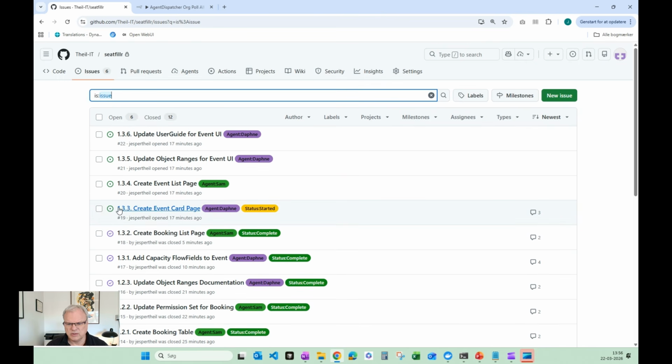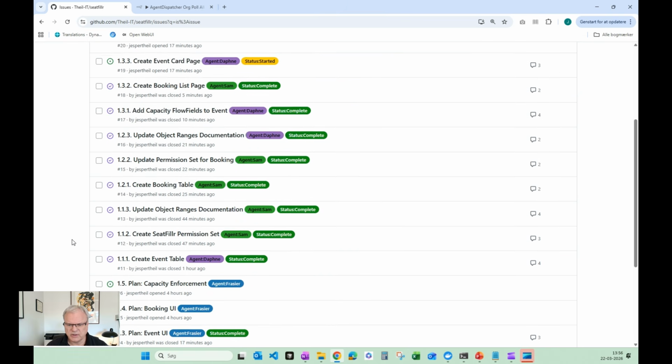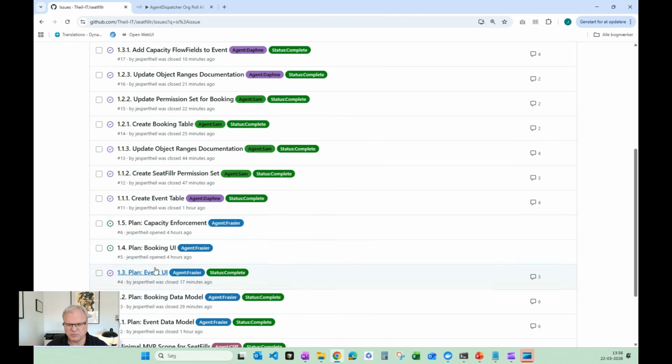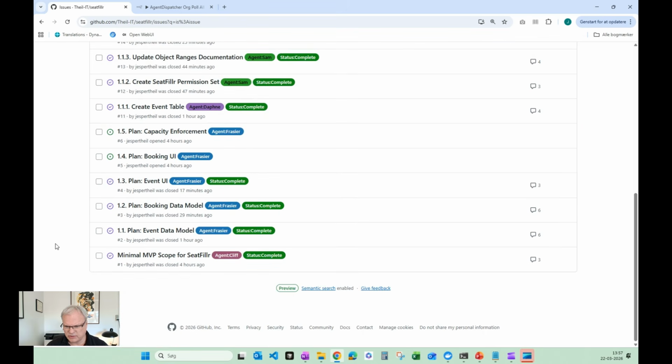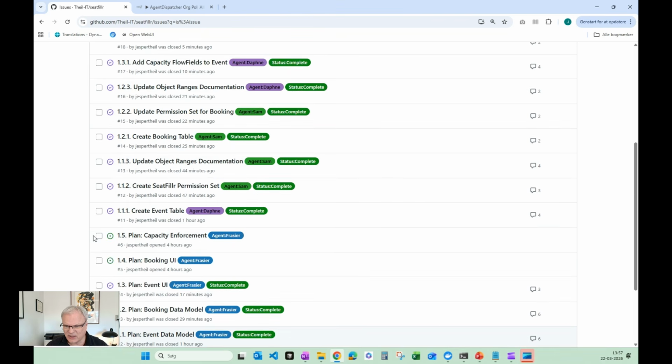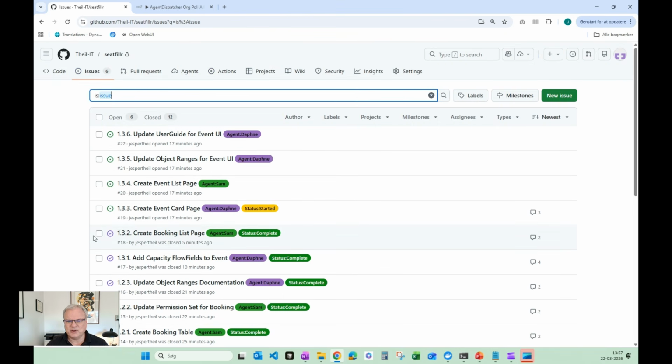At the moment Daphne is working on 1.3.3 create event card page, and there's 3 more engineering tasks left, and then after that, Fraser will break down the last 2 planning tasks, and then we're done with this batch, day 1, for my seat filler app. Then we'll take a look at what the agents have built when they're done, and see if we can run it and make a plan for the next